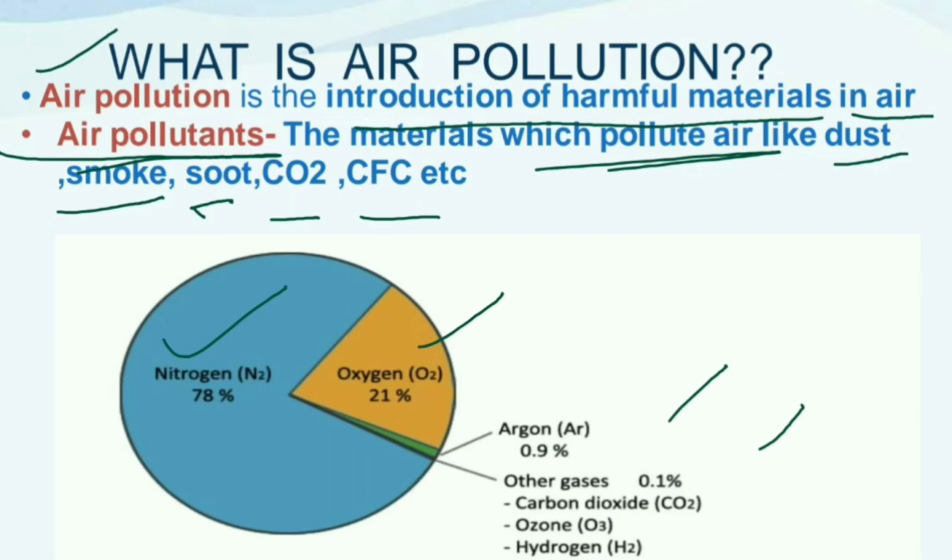Other than these components, when the air contains some unwanted substances, then air is said to be polluted. Even some required gases or components of the air can increase beyond their natural abundance. Like carbon dioxide, it is an important gas of the atmosphere and is present in very small amount. But when the percentage of carbon dioxide increases in the atmosphere, it acts as a pollutant.